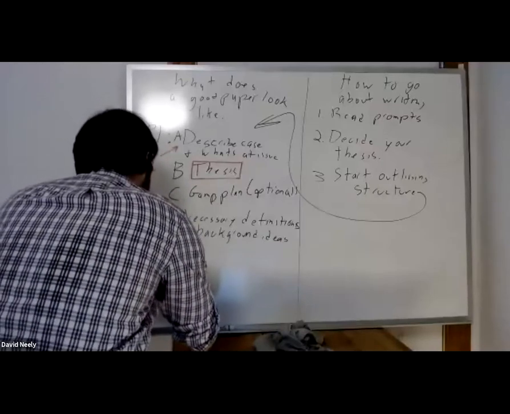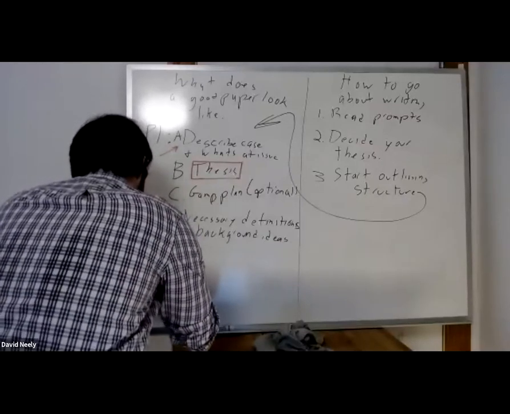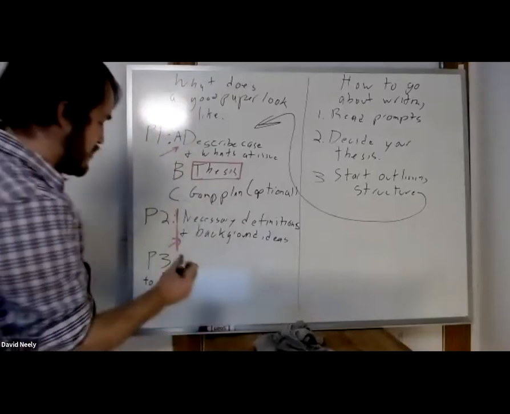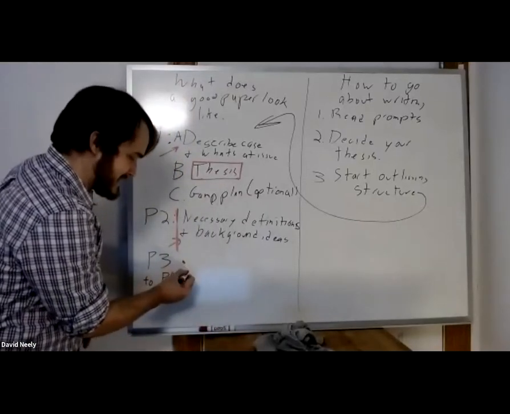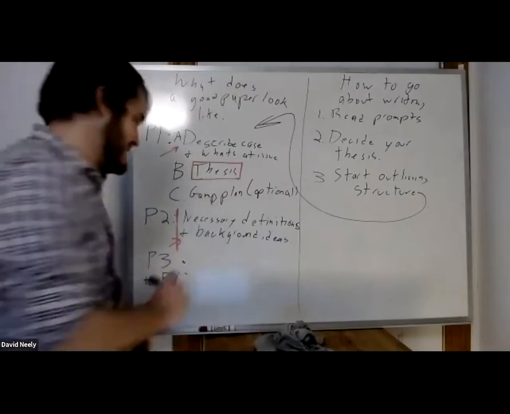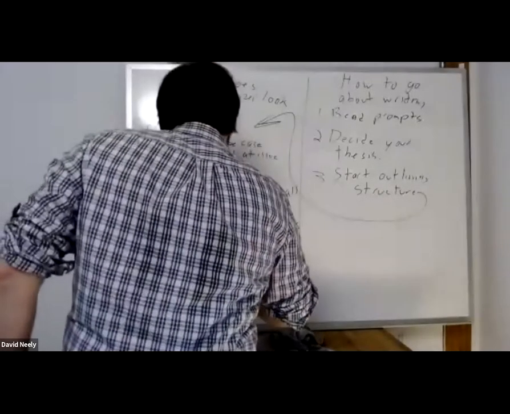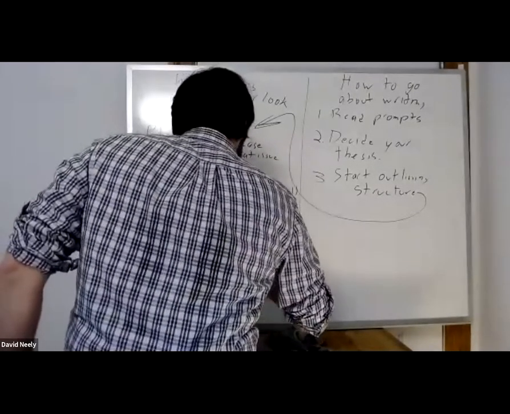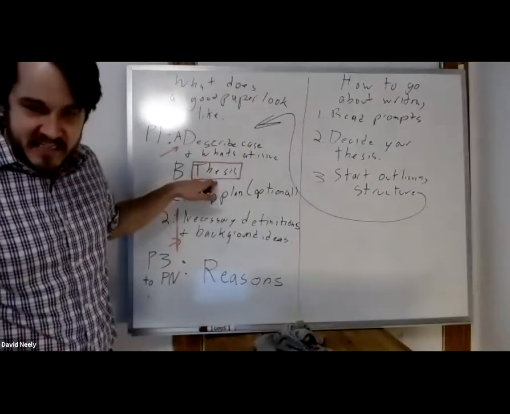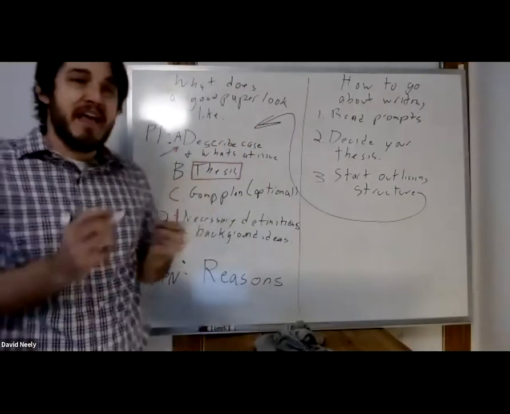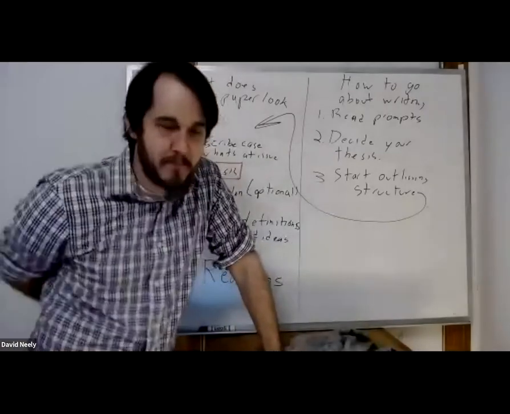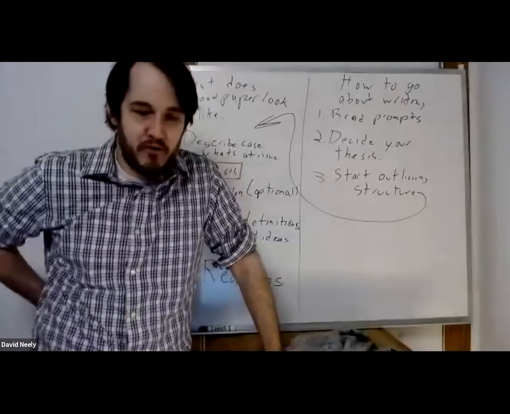Paragraph 3 to paragraph N. Why is there an N? Well, because the number of paragraphs in this section is up in the air. These are your reasons paragraphs. These are basically your reasons to think the thesis is correct. So if you're arguing, to give a classic example from a sample prompt, which I'm going to send around to people, or a sample paper,